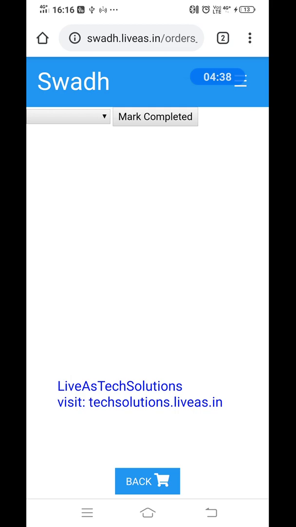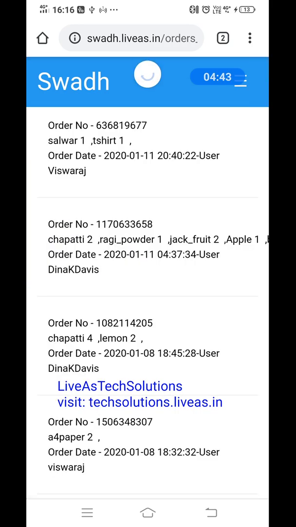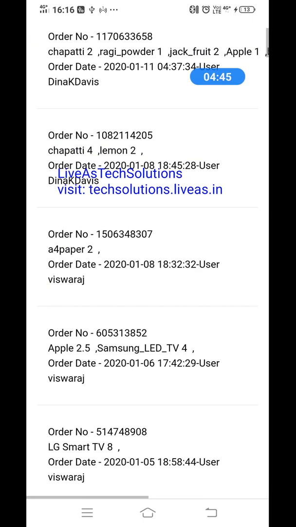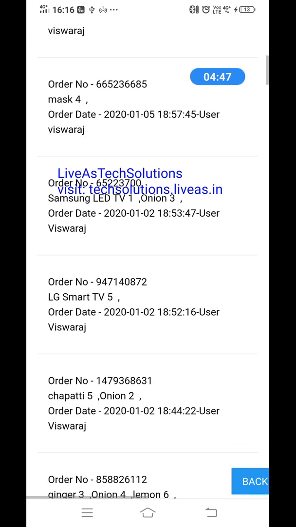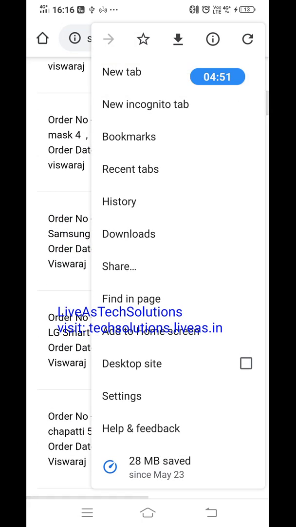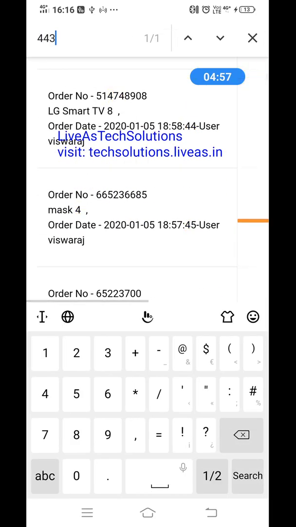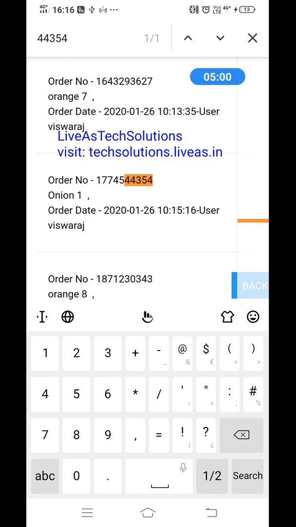Then 44354 will be in the completed list. See, one in one, it is in the completed list now.